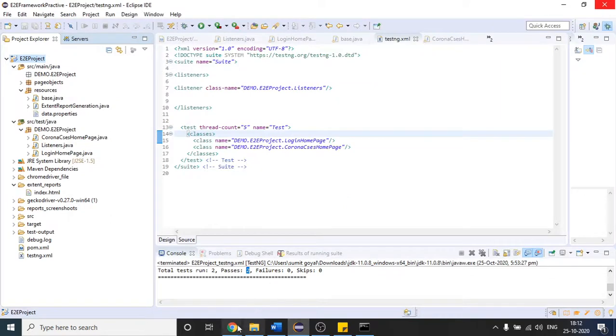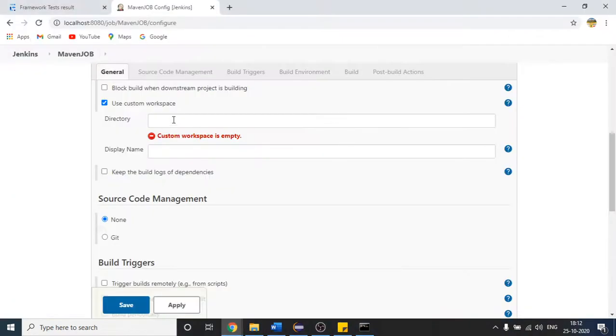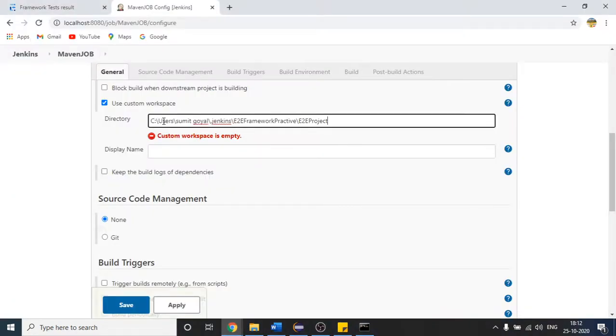You can do it in two ways. Let me show you both. You can provide that complete path so that Jenkins will be able to understand that this is the complete path of your project where your pom.xml file is present. Or you can do one thing as well. If you do not provide the path till here, you can just write dollar Jenkins home. Why am I writing that?